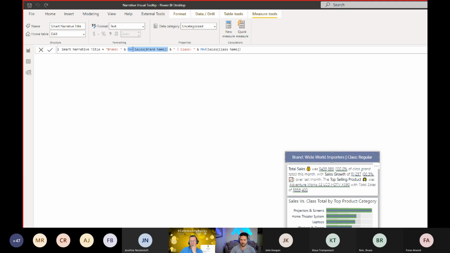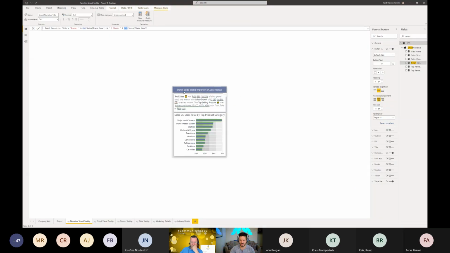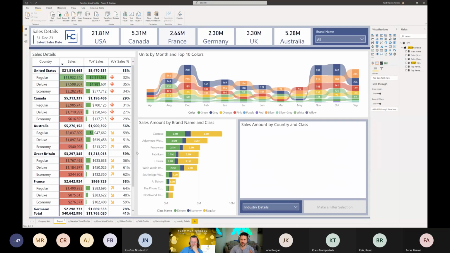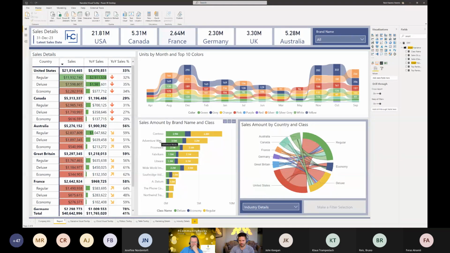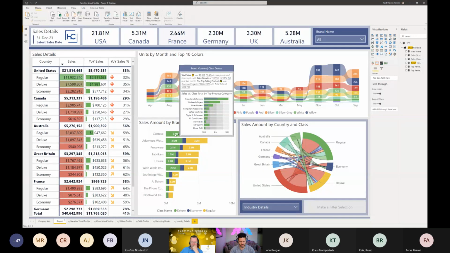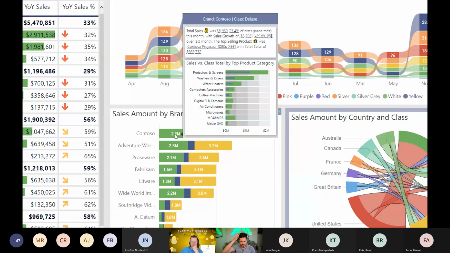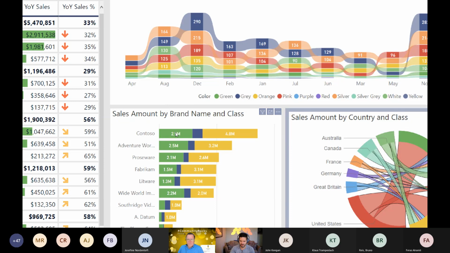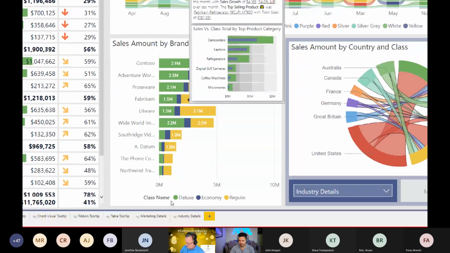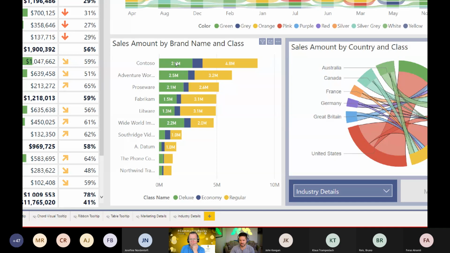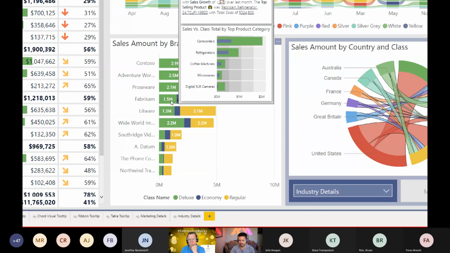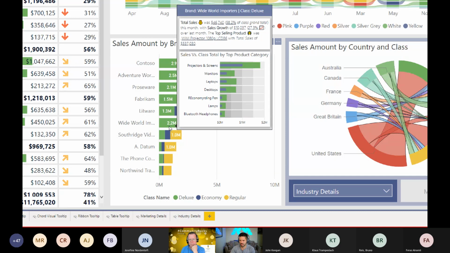But in this case, it doesn't actually matter whether or not I used min or max. All that is just harvesting one value from that column. But the filter context is what's determining it, because I want to be able to show them when you're hovering over it, what brand are they hovering over, what class are they hovering over. But because there's only one, it's a one-to-one relationship. So it's a one-to-one connection when I'm providing these filters to that, and they're propagating, because when I'm hovering over this element of this visual right here, there is only one brand name, which is Contoso, so that's going to show up, and this right here for the legend, again, there's only one class per section, so the min max doesn't really matter. The only goal is that it's just returning that text value as I hover over this.